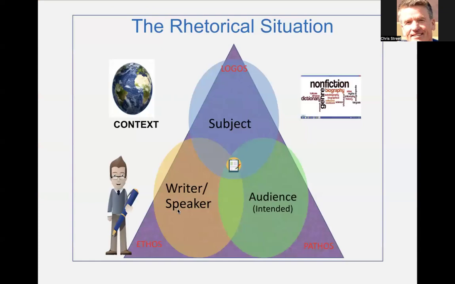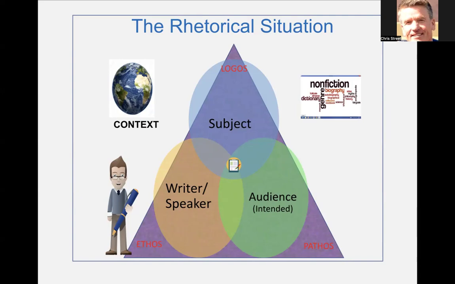It's helping kids understand what the rhetorical situation is. Arguments are made by speakers or writers, and different rhetorical tools are being used by that author or speaker. Ethos, in the lower left-hand corner of the triangle, is all about establishing your credibility as a writer or a speaker. That's something we can introduce to students, the idea of developing an ethos or credibility with your audience. Up at the top, logos: making arguments logically,